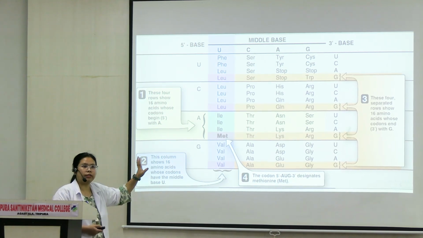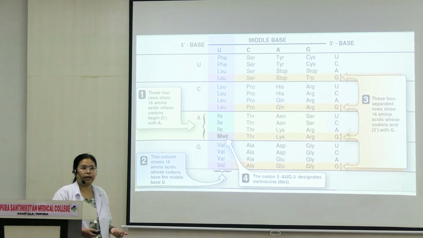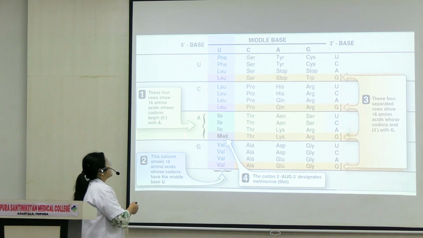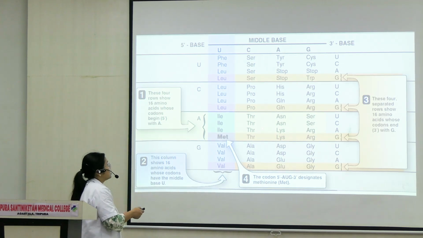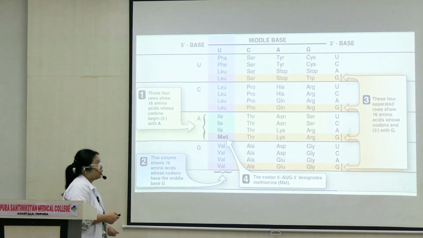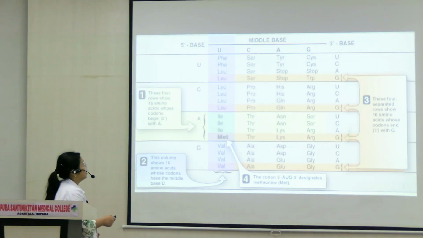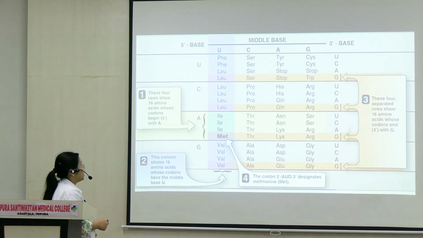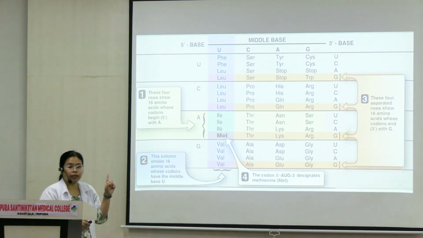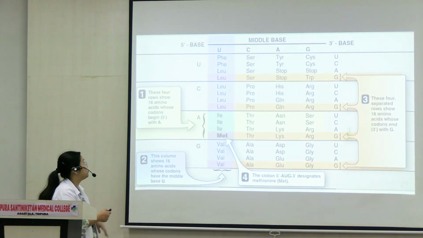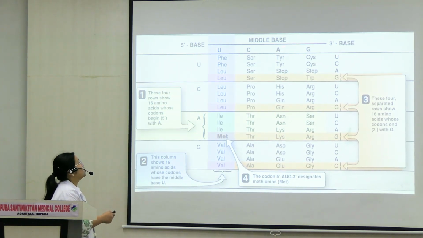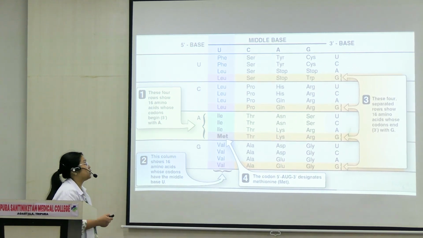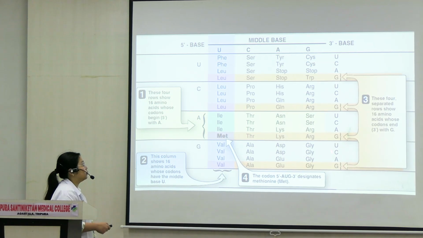This is the dictionary that I'm talking about. From this you can decode the name of the amino acid. For example, each row is represented by each letter over here, right? यहाँ पे जितने भी amino acids हैं, they are represented by U. यहाँ के सारे amino acids are represented by C. Similarly, A here and G here. This is the first nucleotide. We said there are groups of 3 nucleotides. So first base हुआ ये, second base are these columns U, C, A, G. ये middle base हुआ, और जो third base है or the last base is represented by this last column.